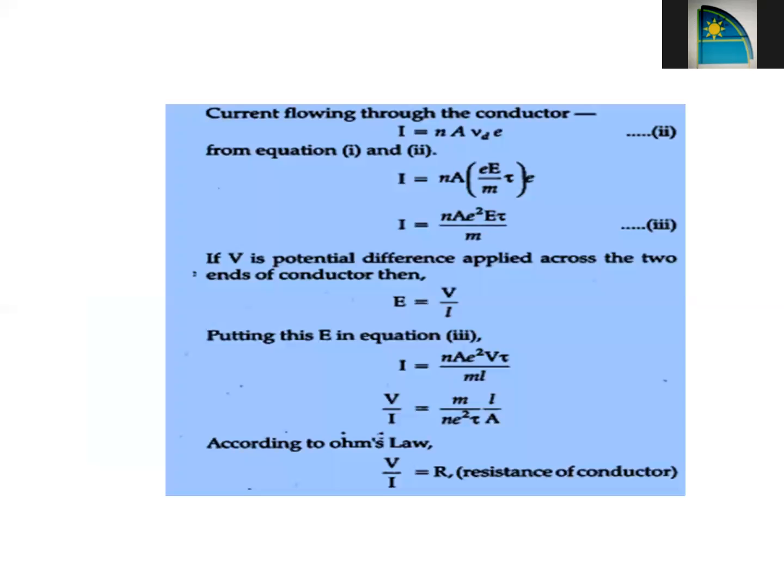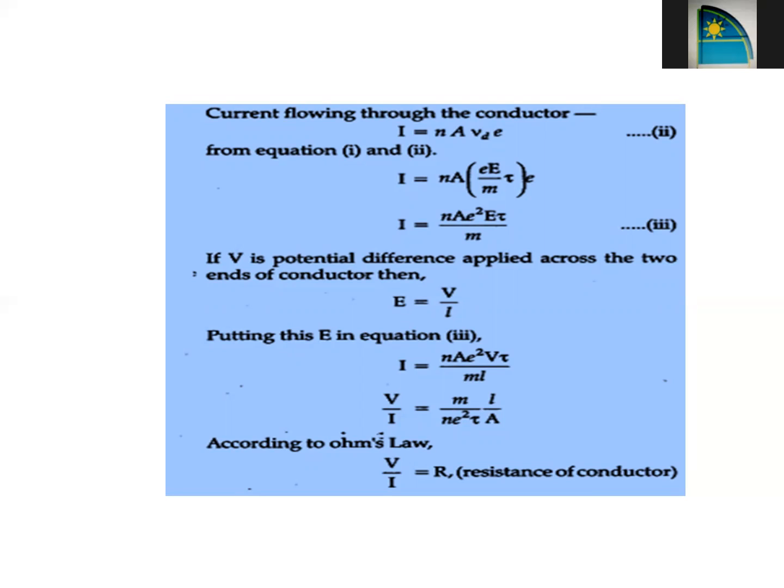Going next, one more simple relation we are having. Again, we are simply going to rearrange all the equations. So in this case, we will fill the value of drift velocity to be equal to small e capital E by m into tau, that we have already derived. And capital E in this case, we are writing in terms of potential. Electric field is equal to potential divided by length, that we all know.